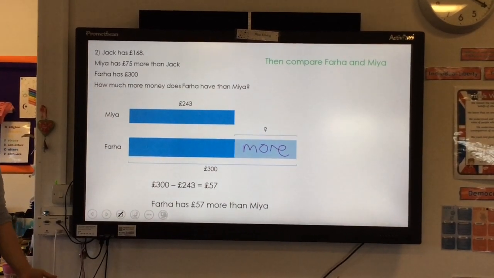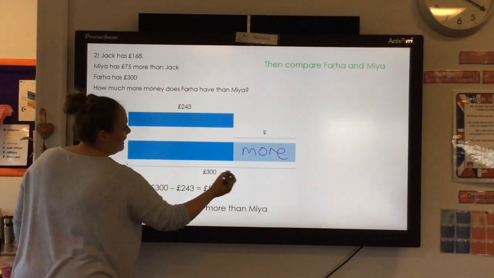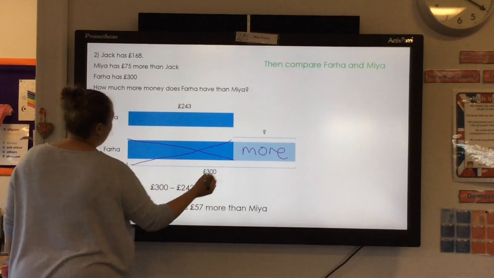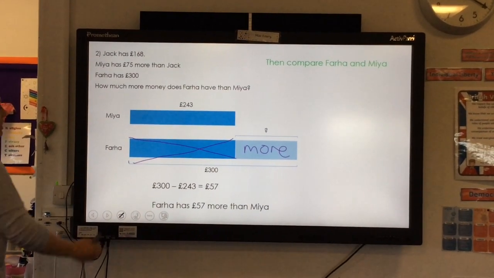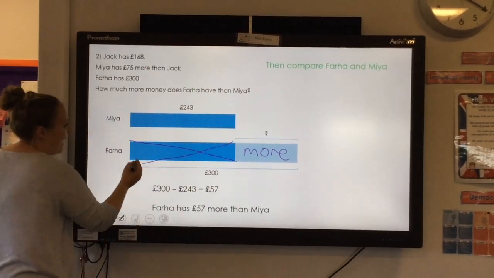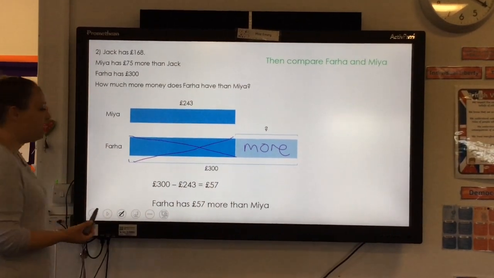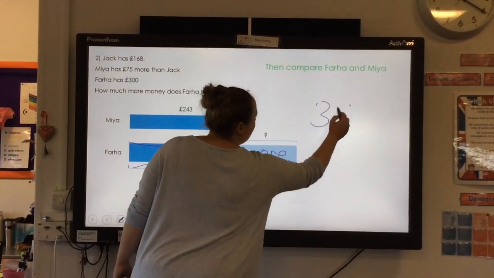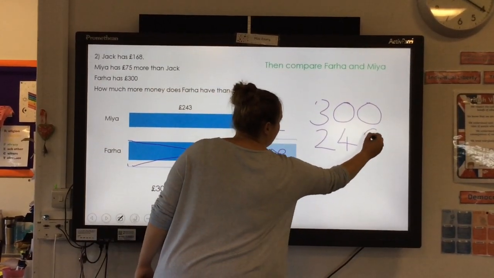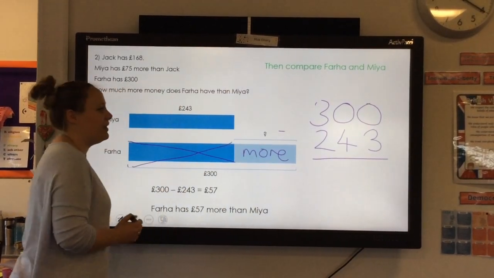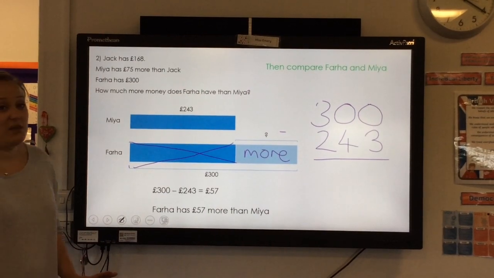Now we need to work out what that is. To do that, we can take Farah's 300 pounds and remove Maya's 243. If we do 300 take away 243, we'll be left with this amount. So we can do column subtraction. 300 take away 243. Oh, now this is one of those nice tricky ones, because you can't do 0 take away 3, and